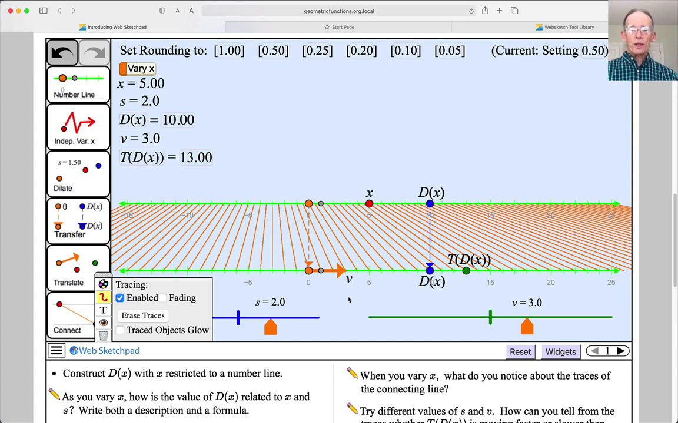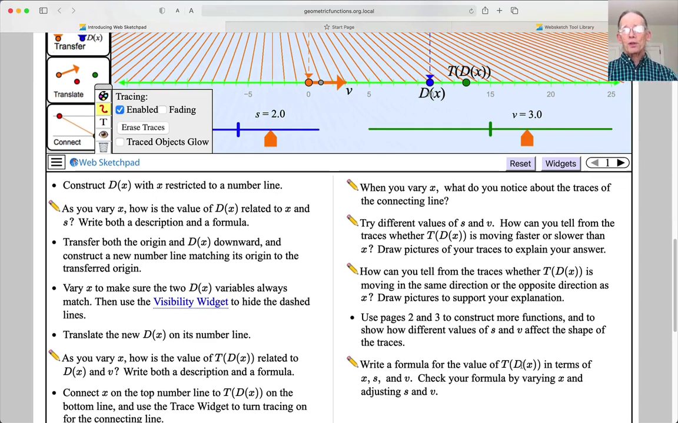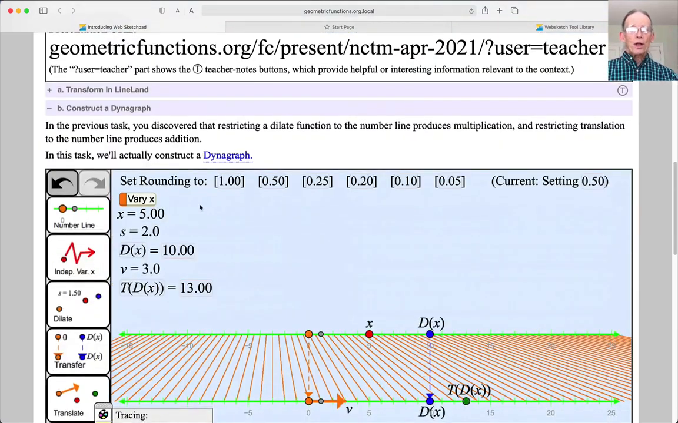Okay, so we're ready for the spoiler, actually. And the spoiler is the answer to the last question here at the bottom of this page, to write a formula for the value of t of d of x in terms of x, s, and v. Check it out. The value of d is 2 times the value of x, so it's related to the scale factor, essentially multiplies the value of x. So this is s times x is the value of d of x, and then the vector adds another 3 to it, so we really have t of d of x is equal to s times x plus v,